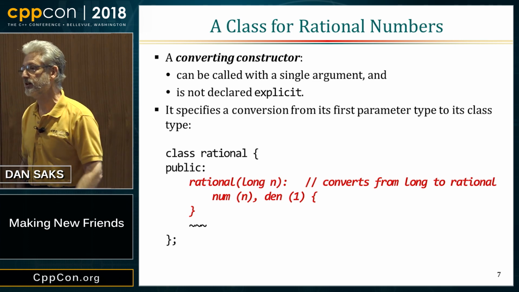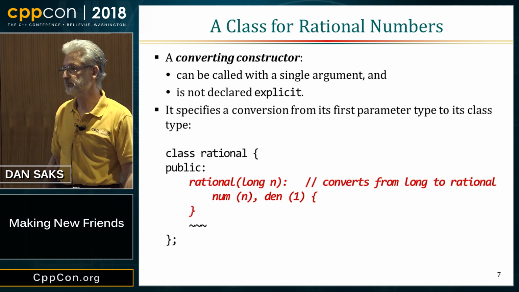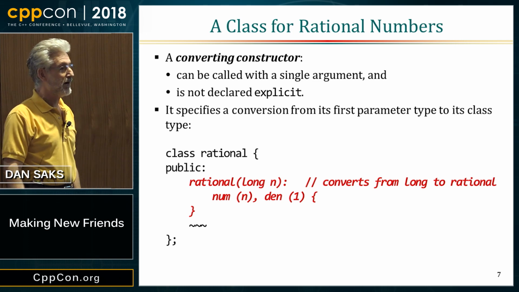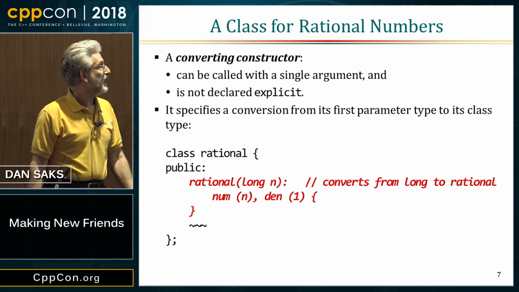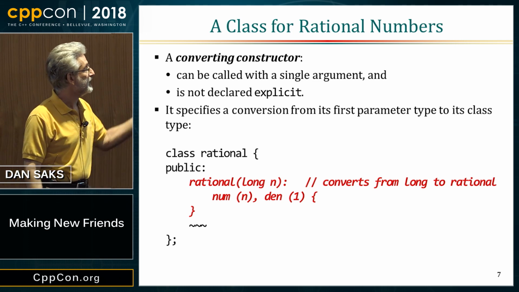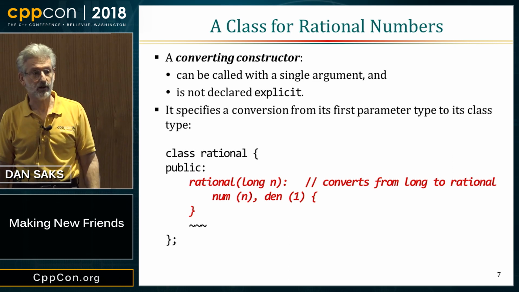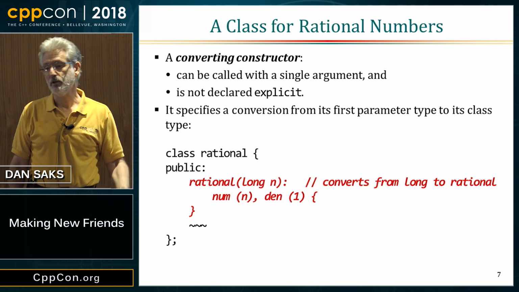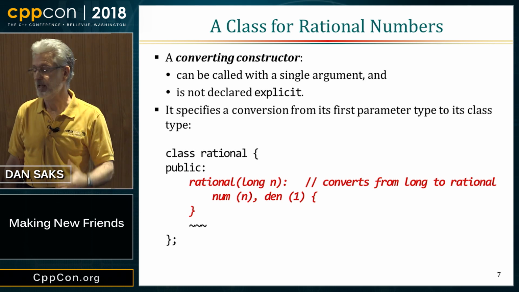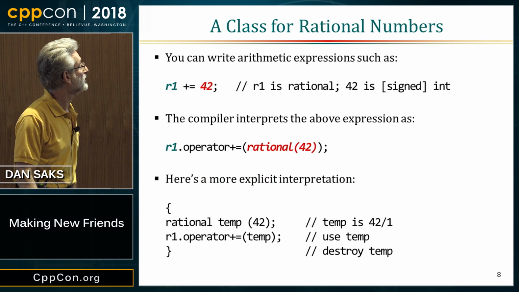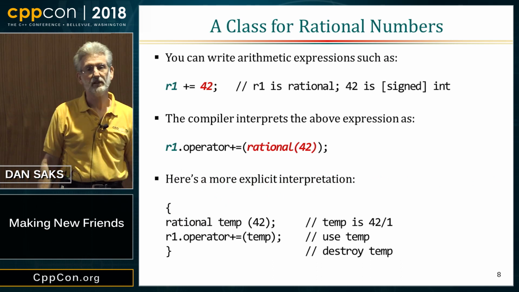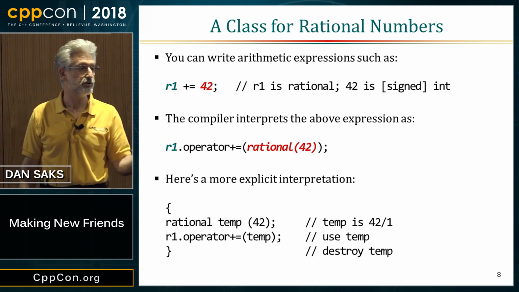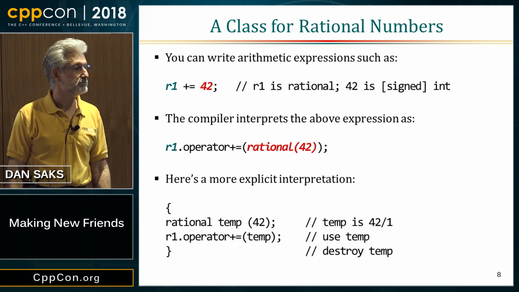And it's not declared with the keyword explicit, because the keyword explicit is there to turn off the property of a converting constructor. In an arithmetic data type like rational, it turns out the converting constructor is a really powerful tool for providing an interface which makes this arithmetic type behave like the built-in arithmetic types. In particular, you can do things like that: r1 plus equals 42, where you're adding an integer to a rational number. Seems like